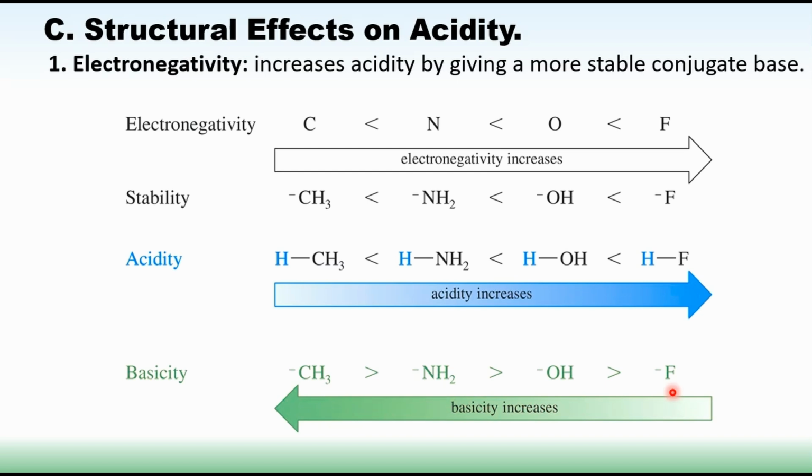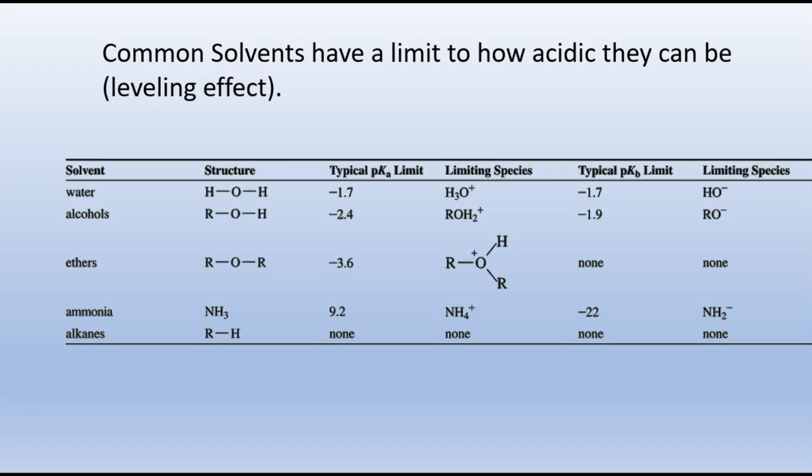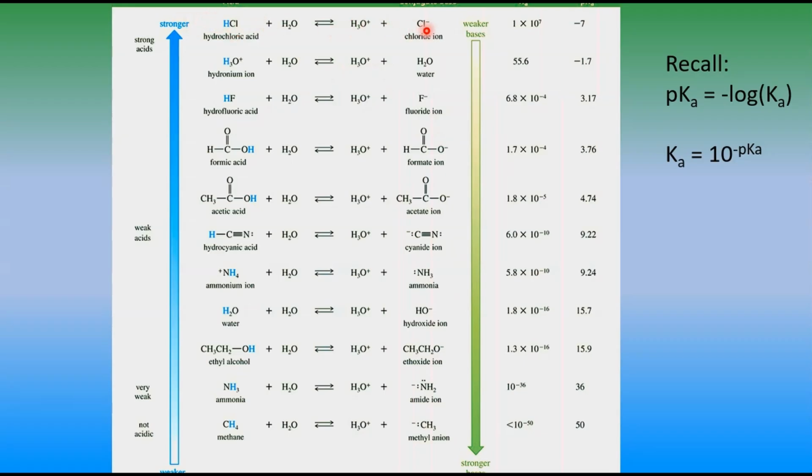I would say chloride ion is even weaker. That's because it came from a strong acid. So look, it's up at the top here. So we move down a little bit. Acids are getting weaker. Here's hydrofluoric acid. Here's the fluoride ion. So it has some base properties where put sodium chloride in your drinking water and it's